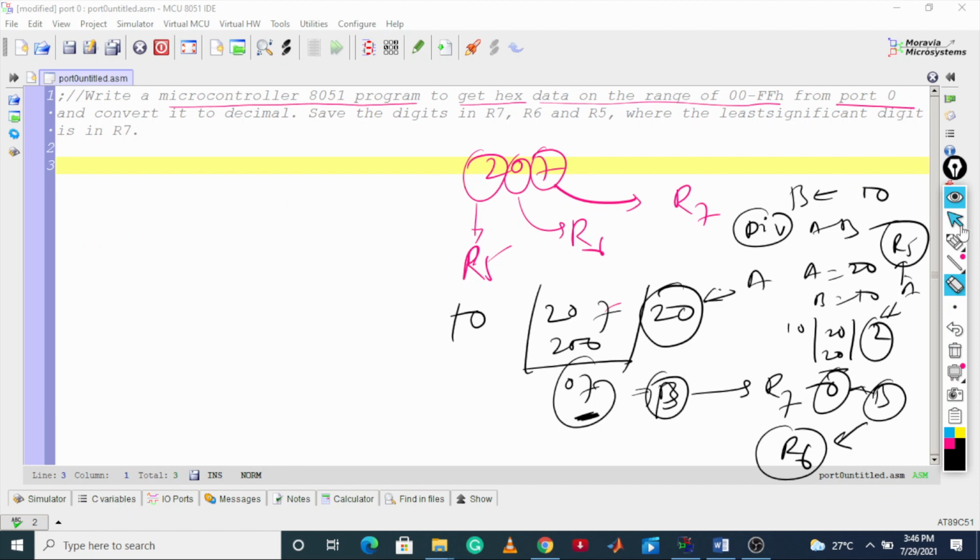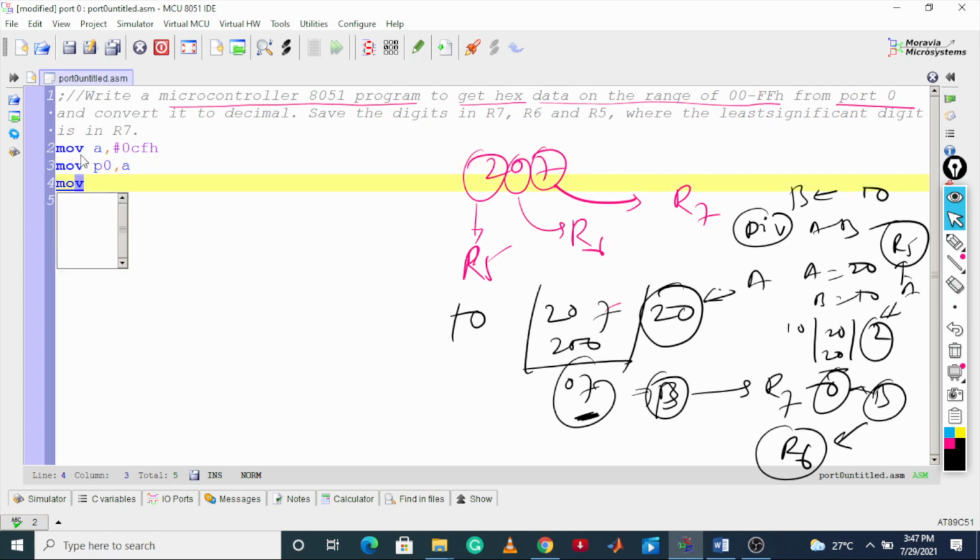Now I am going to start writing the program. MOV A, the number we have taken, which is CF. Then MOV P0, A, and then again from port 0 we take this data to the accumulator, MOV A, P0.